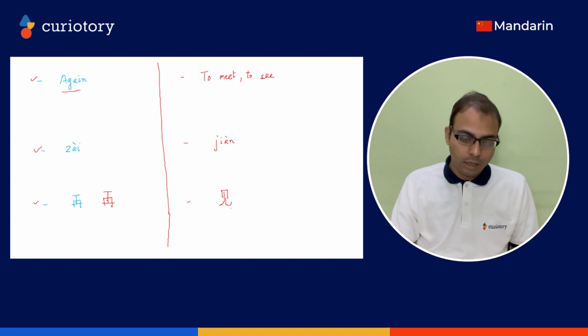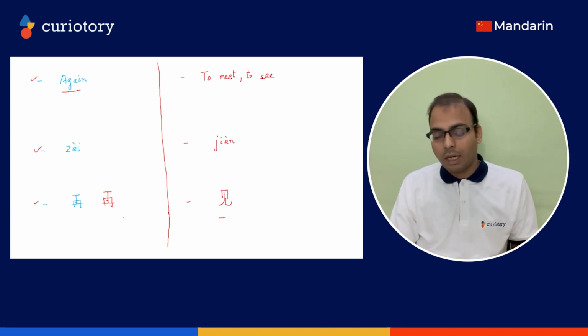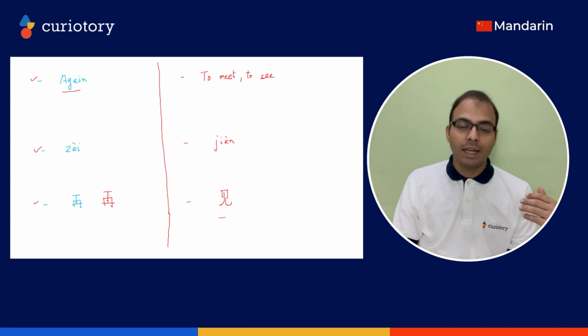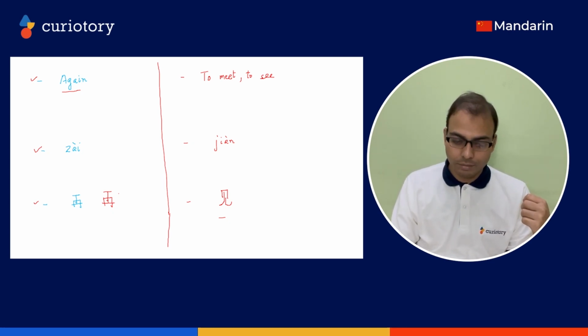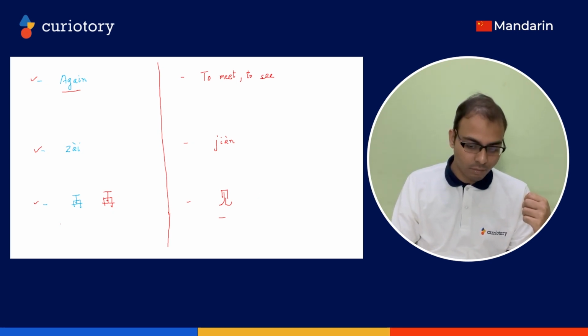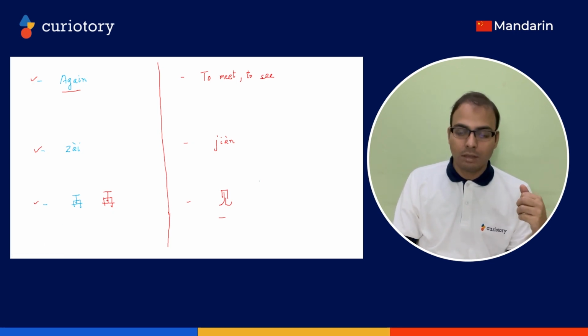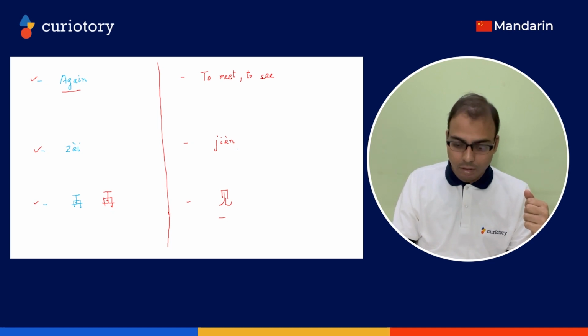So it basically means if you are in China and you want to say to meet or to see, you will say jian, fourth tone, and if you want to write it, you will have to write this character. So by now you have learned that 见 means to meet or to see, and the character is this. To write it once again,